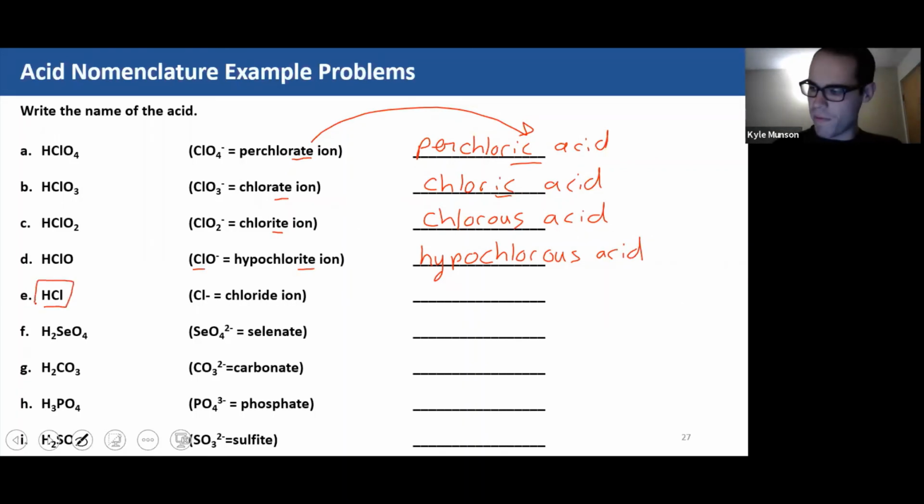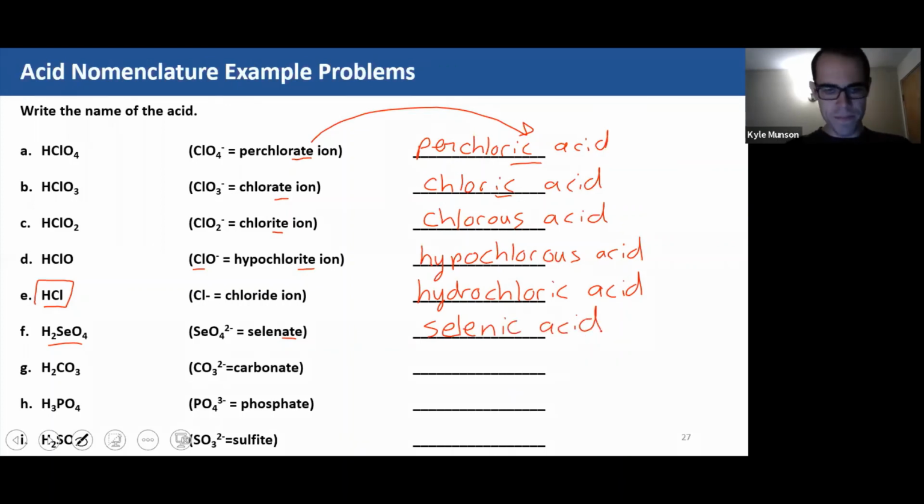So it has a little bit different rules, and we actually already named them in the other slide. So hydrochloric acid. Okay, so this guy is another oxyacid. He's got oxygen involved in his formula. I changed the ate to an ic ending. So nitric